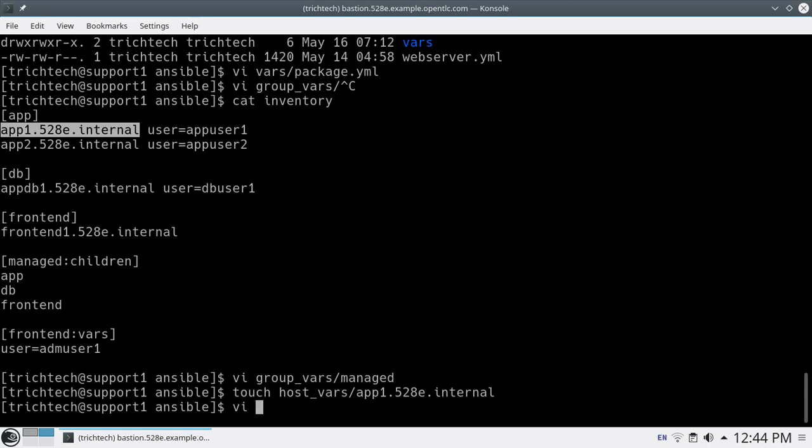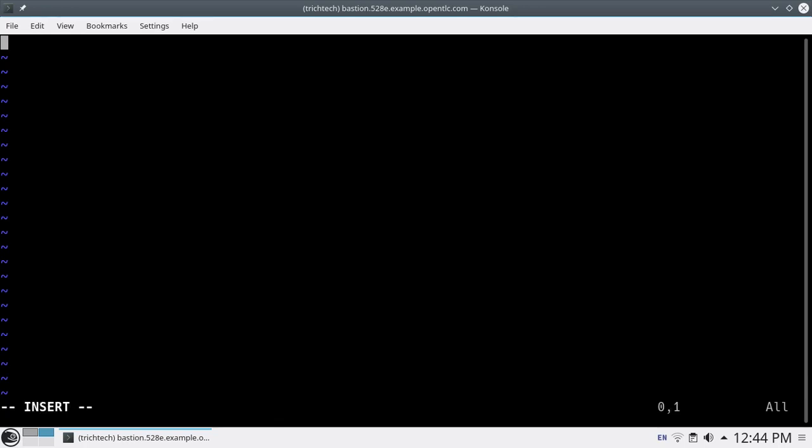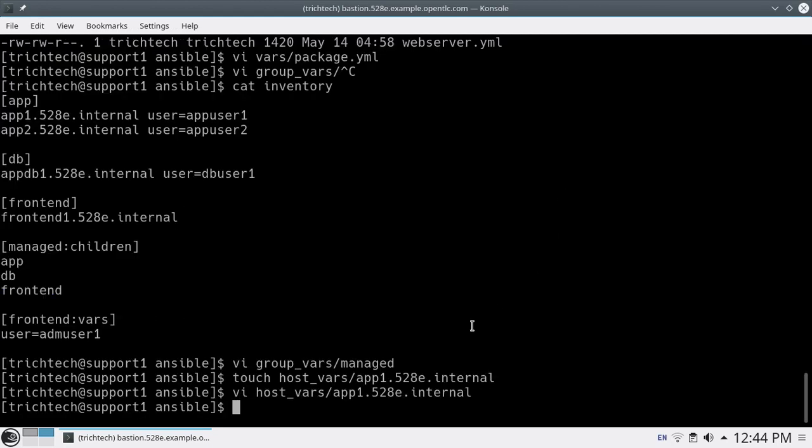Here I'll set up a variable called home underscore dir equals to slash home slash app underscore user. I'm just setting up a home directory particularly for the app1 user. So what we did till now: we set up our variables inside the inventory file, we created the group vars file, and the host vars file, and also one more file under vars.